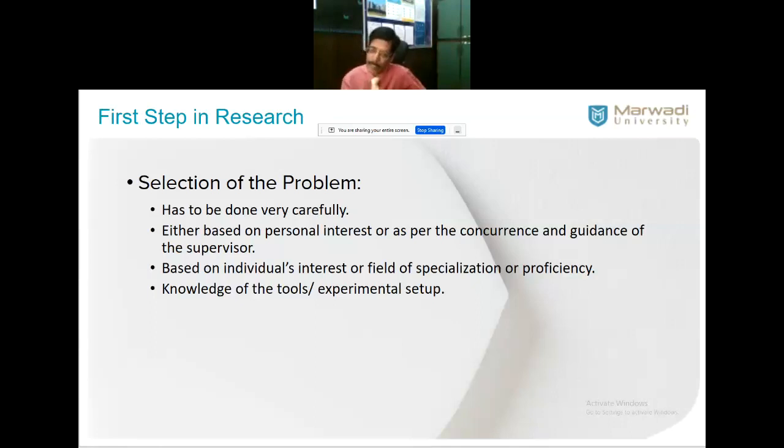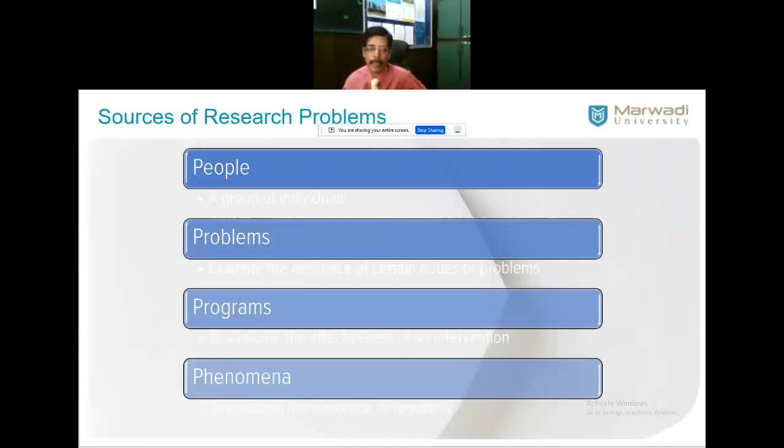Many of the standard institutions have this facility to do research. You should have a proper experimental setup in terms of hardware, software, and other resources. So this is the first step. You take it as a chart and put a tick mark against each. If you get ticks for the majority of them or almost all of them, you are ready to march forward to the next step.